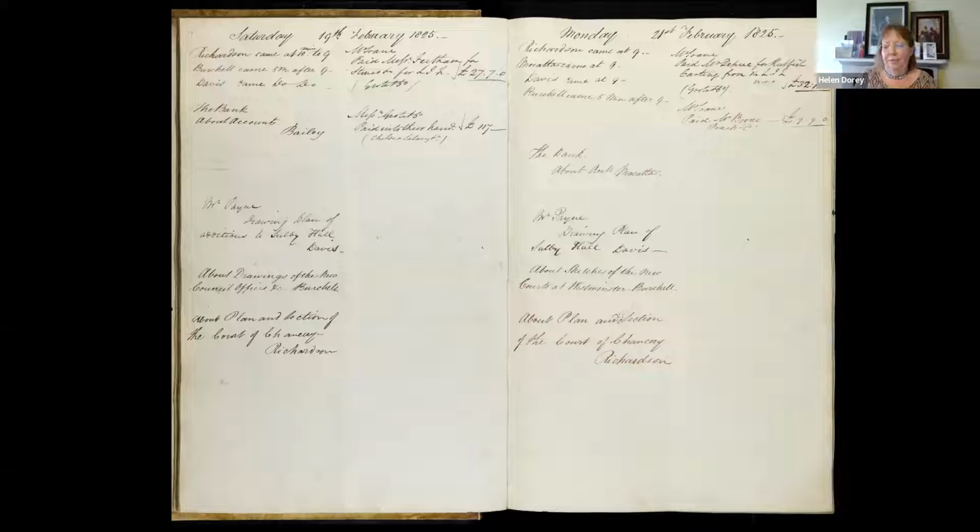And then below, the book records what each of them was working on, each entry signed with the name of the relevant pupil. You can see that on both days, C.J. Richardson is drawing a section of the Court of Chancery, and on the right-hand page, we have David McCatter, noted as busy with the bank, about accounts. I single out McCatter because he was a Jewish pupil in the office of Soane, and you'll notice his name doesn't appear on the left-hand page. That's because that is a Saturday, and he was not expected to work on Saturdays, the Jewish Shabbat,